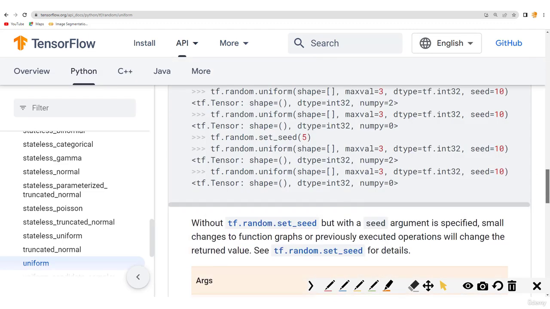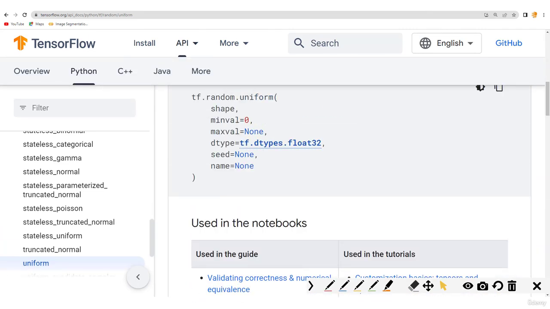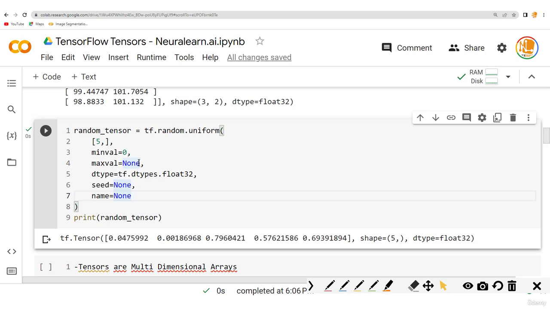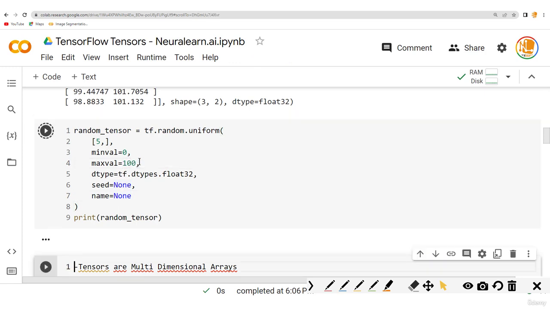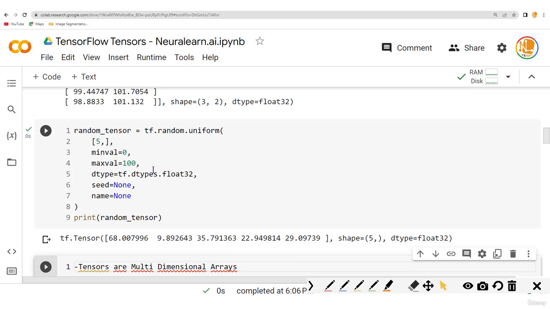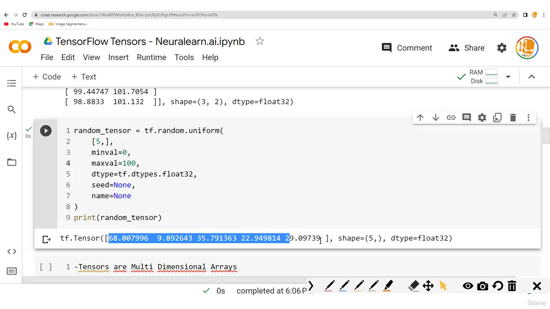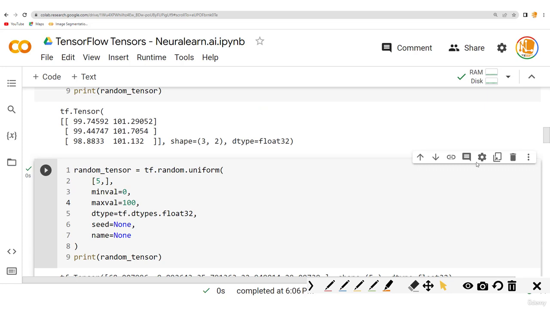You could always make use of the documentation whenever you're in doubt. So let's get back here. You see, we'll take this to 100 and then see what we get. You see, we have these values now between 0 and 100. Now the question you may be asking yourself is, what then is the difference between this uniform and this normal